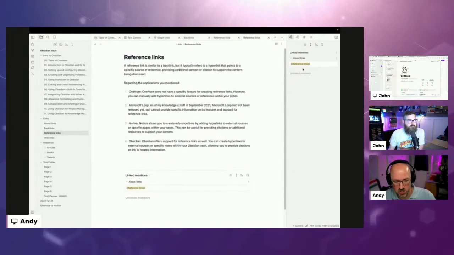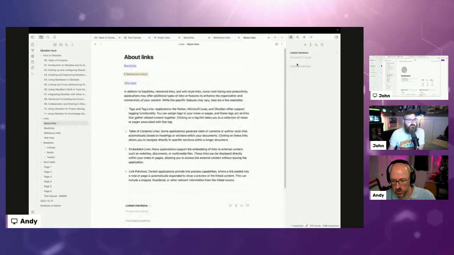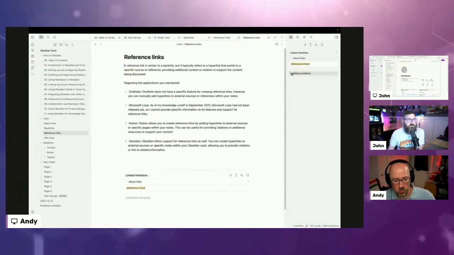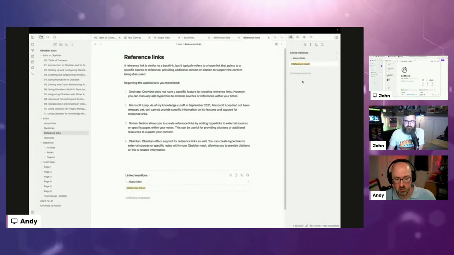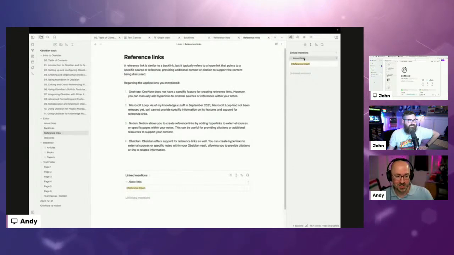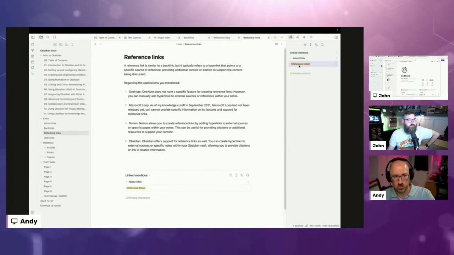If I go through different pages, there's a backlink for this one. Click on it, and it takes me to the place where it's actually referencing that. I inserted here just a wiki link, just a couple of square brackets and the link to the page, and that's linking to here. It's telling me where that's coming from, that this was used on the about links page. I know I should have named it links. Everything's links here, but this is the topic. So the about links page has this article that I'm looking at linked to it. That provides context on the thing that I'm talking about.